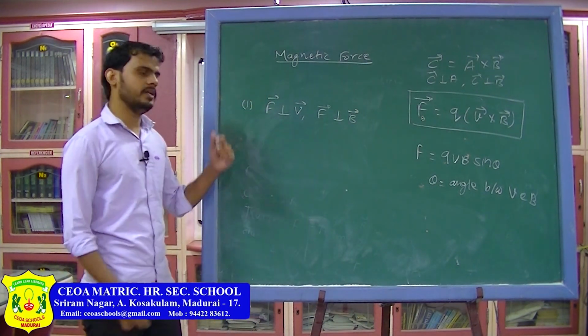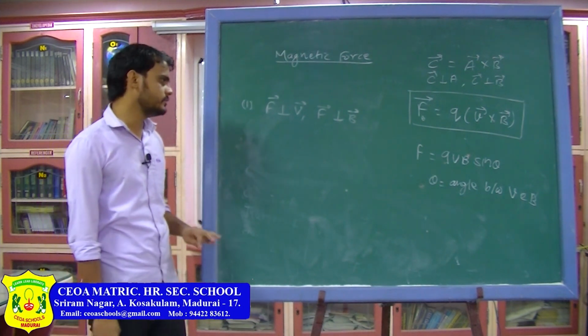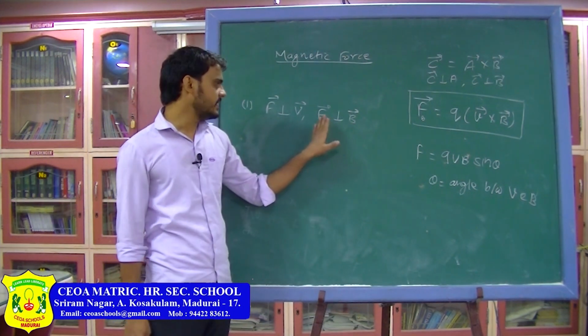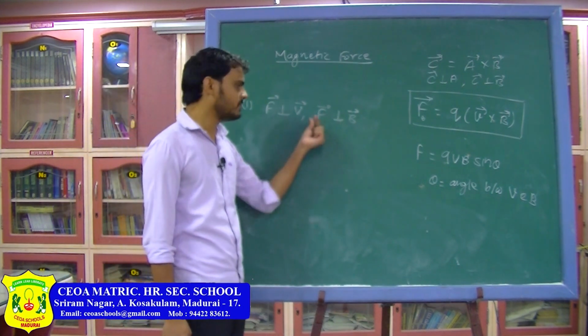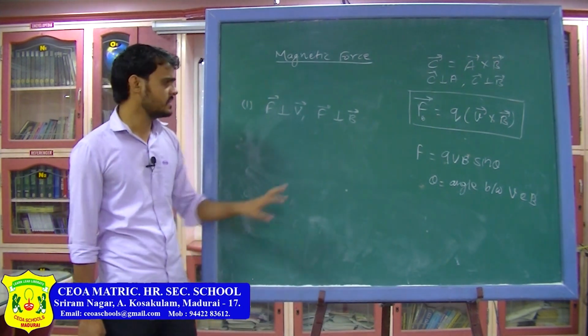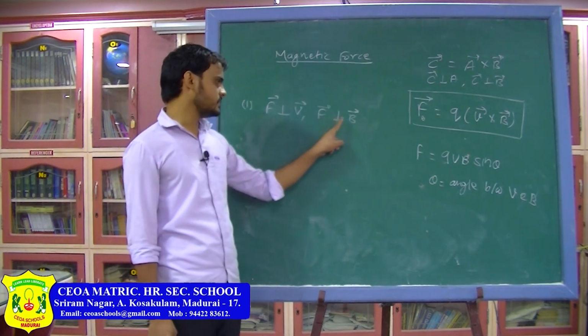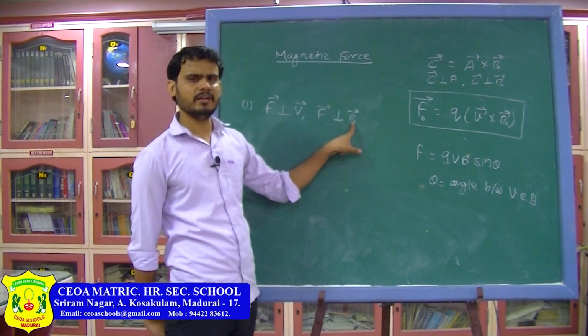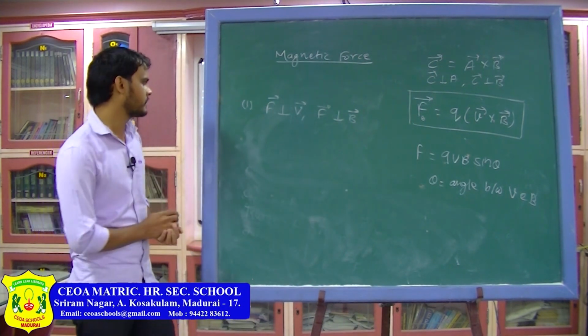That is why, when we have written the property of magnetic field lines, we have said magnetic field lines only give you the direction of the magnetic field, they do not give you the direction of force, because here magnetic force and magnetic field are not in the same direction, both are perpendicular to each other. So remember this thing, magnetic force is always perpendicular to the magnetic field or magnetic field lines, and it is also perpendicular to the velocity.